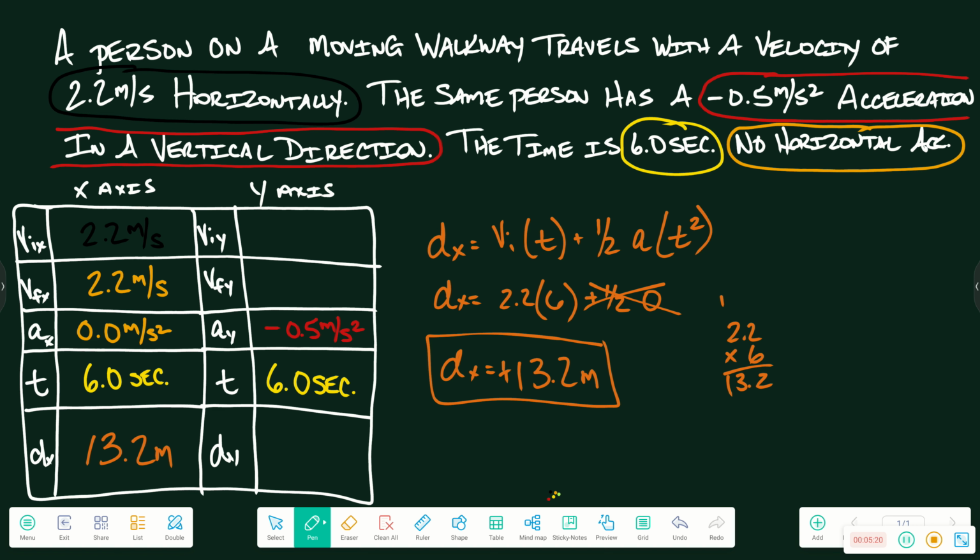You know that in the end, on the y-axis, you're accelerating at negative 0.5 meters per second squared. Okay. So with that understood,